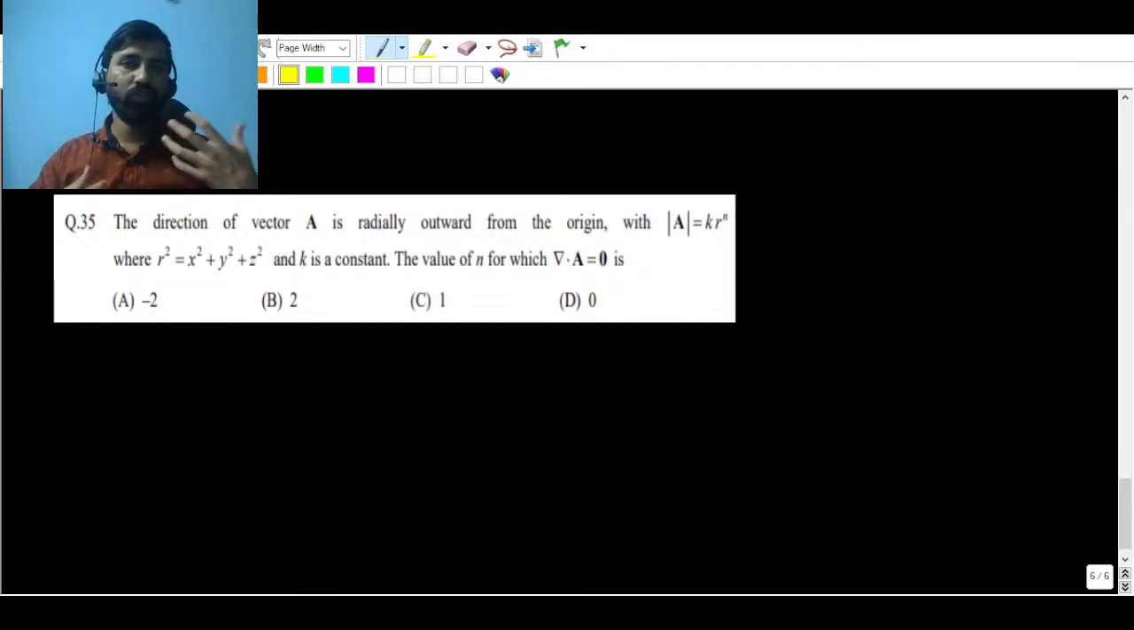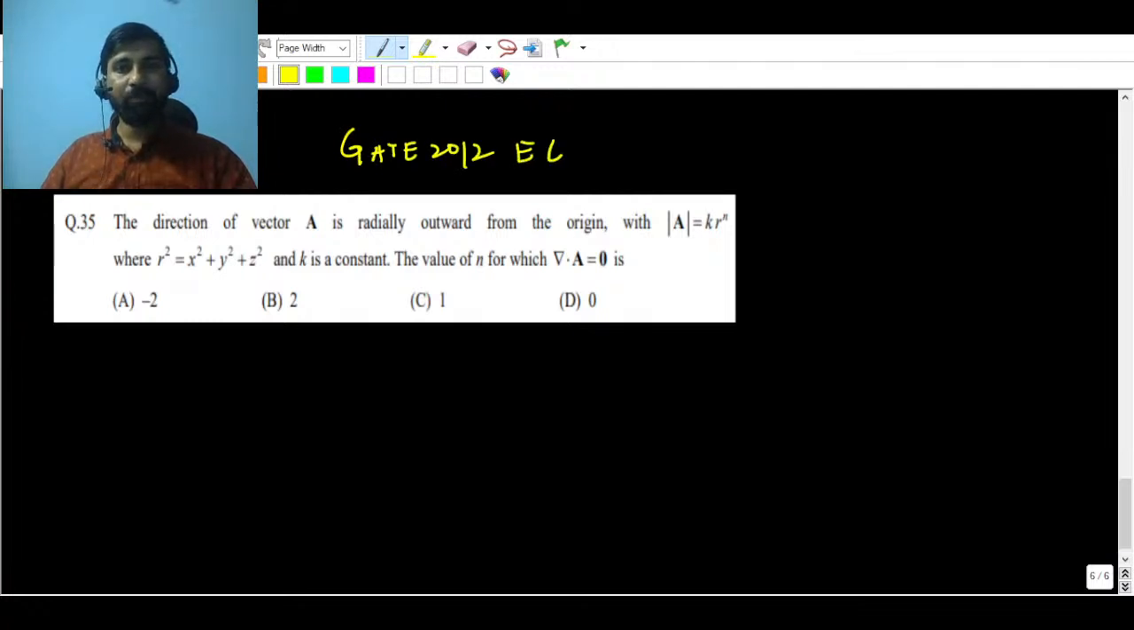This question is based on divergence, and you must know what the divergence of a vector is in a spherical coordinate system, right? So this question seems very easy, right? So let's see this question. This question was asked for 2 marks in GATE